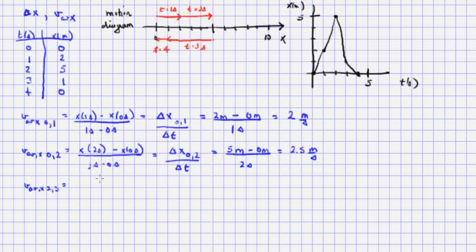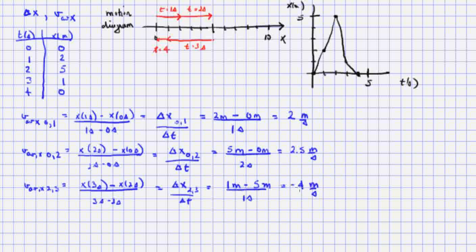And that's going to be equal to the displacement from 2 seconds to 3 seconds, divided by the time interval, 3 seconds minus 2 seconds, which is going to be delta x 2, 3 over delta t, and that's going to be equal to 1 meter minus 5 meters over 1 second, which is minus 4 meters per second. Okay, so